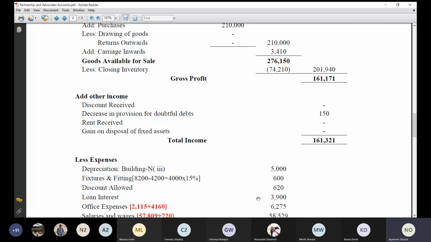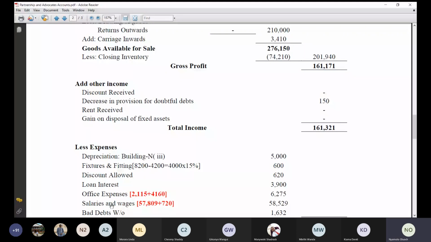Then we less our expenses. Depreciation. We talked of depreciation being calculated using two methods, straight line or reducing balance method. But you're also told that the key thing is to understand how it is being calculated. For our case, under note 3, the examiner tells us that for fixtures, we are going to use 15% on reducing balance basis,